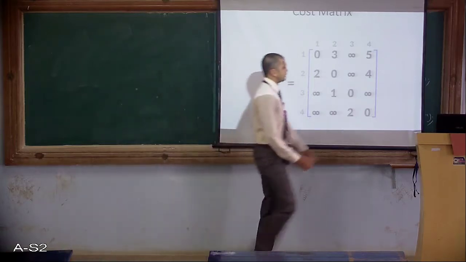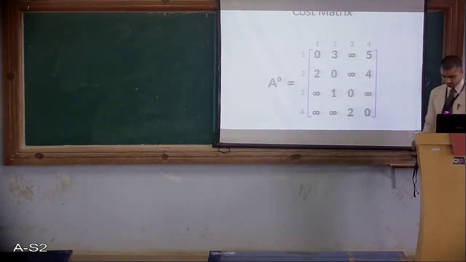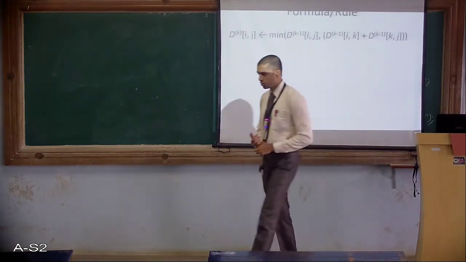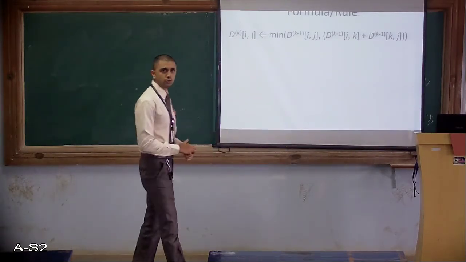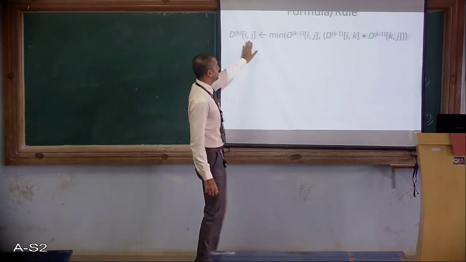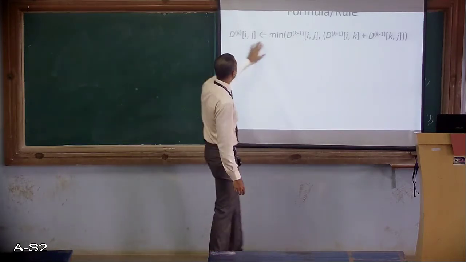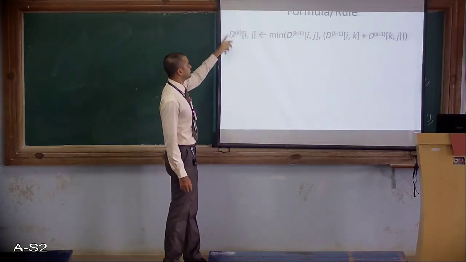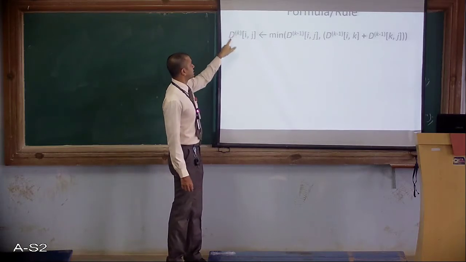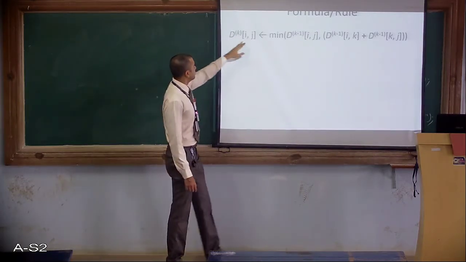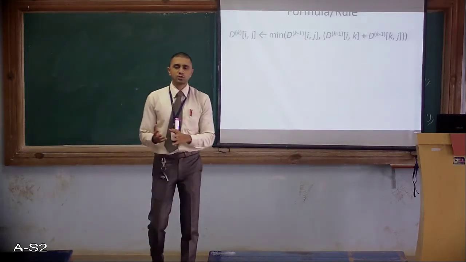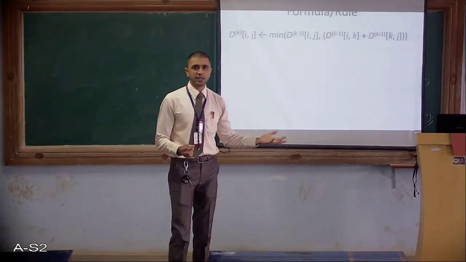Alright, so how to calculate the shortest path? This is the formula or the rule. In Warshall's algorithm also we had a certain formula or rule. Similarly, we have a formula or rule here. This is called the distance matrix, or you can call it T, or anything. So D of K of i j is called the distance matrix or cost matrix. A minimum of... the first matrix was derived from the adjacency matrix.